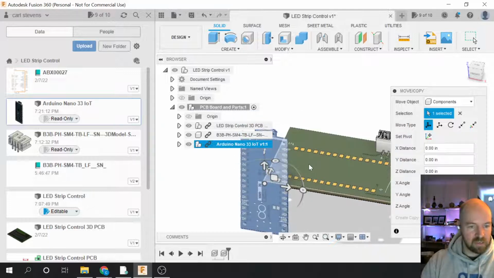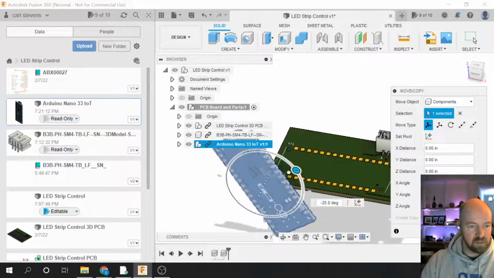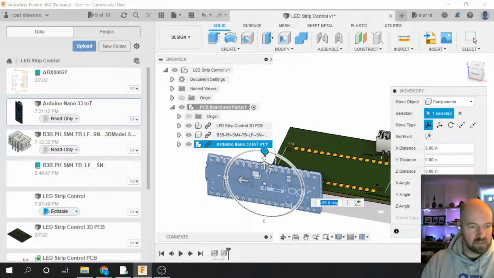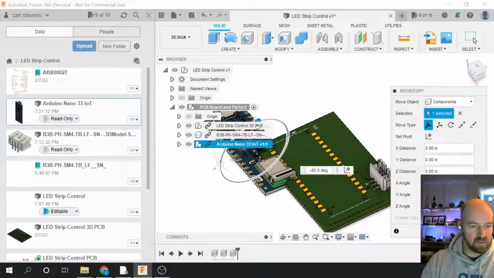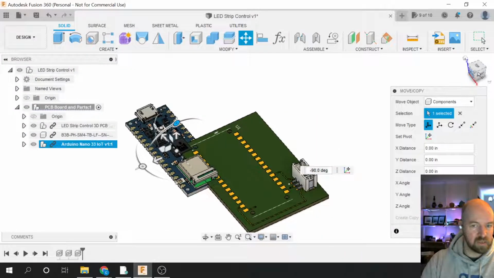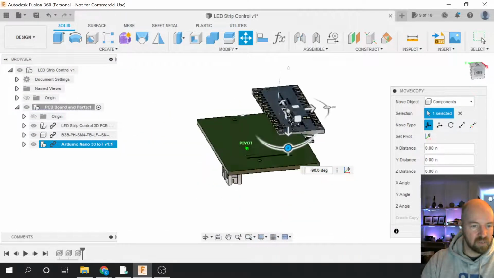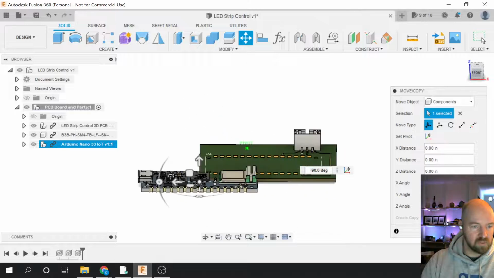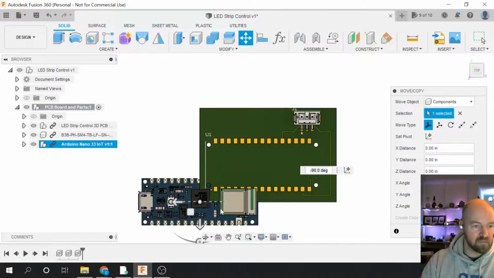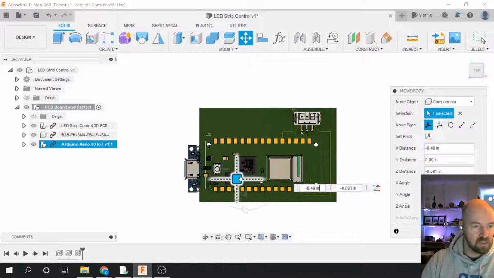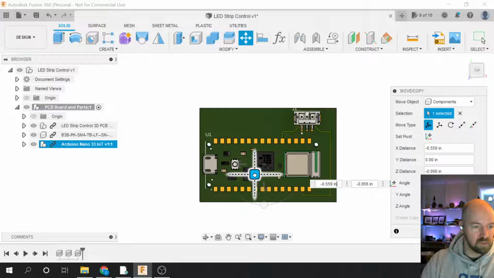And now I believe the orientation that we have this is with the USB port facing away from our JST connector here. So if I go ahead and click top here, I can move this in, kind of